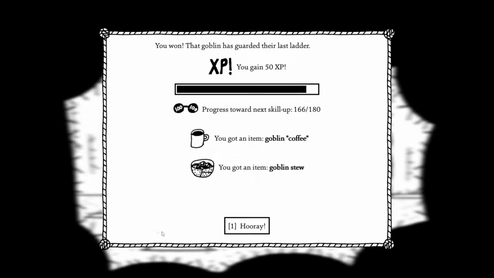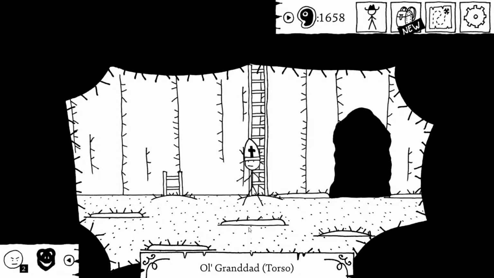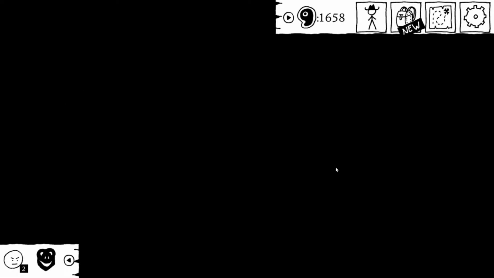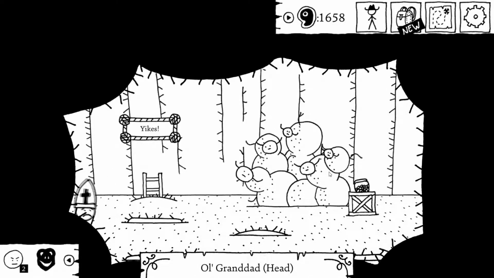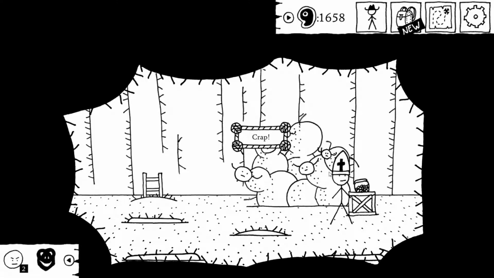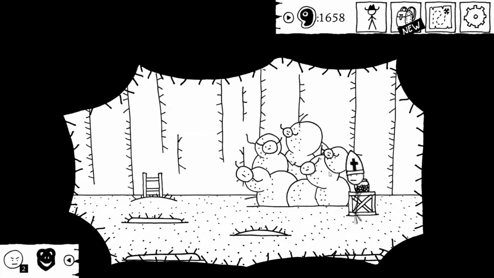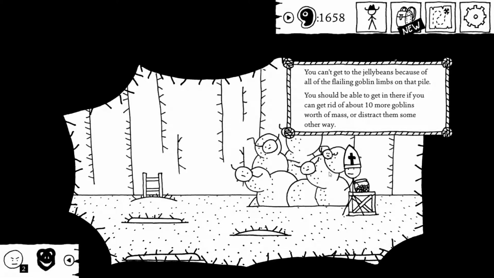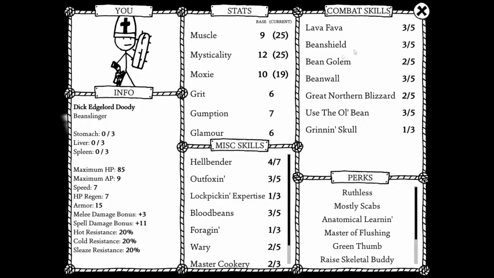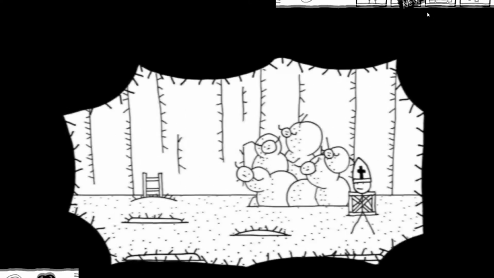Alright, we got Goblin Coffee and Goblin Stew. Oh yeah, I already went in there. Let's go up. What is that thing? I'll just get my jelly beans. You can't get to the jelly beans because of the... Alright, so we're gonna have to fight it. Oh yeah, I keep forgetting I can...